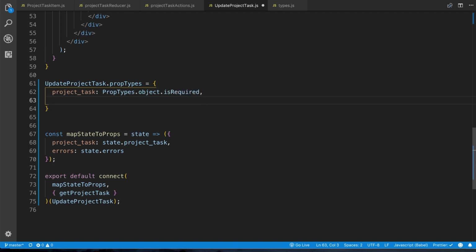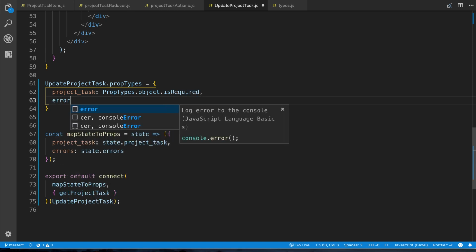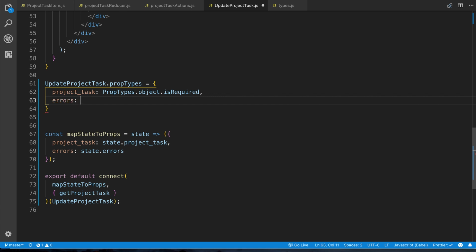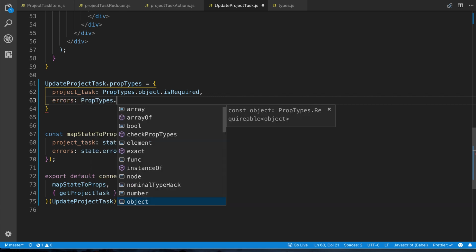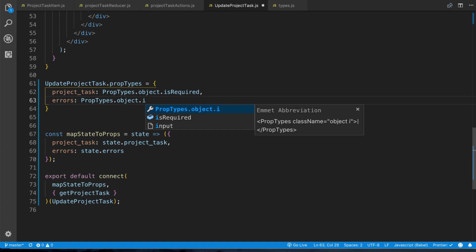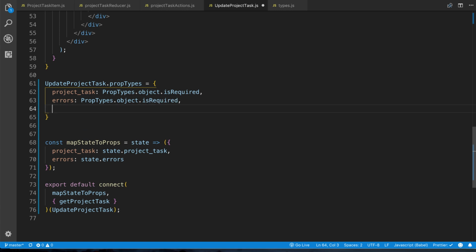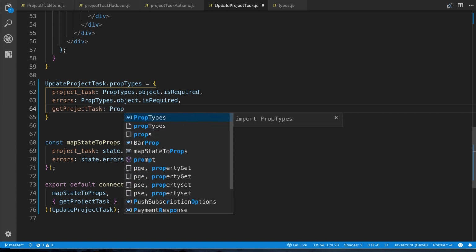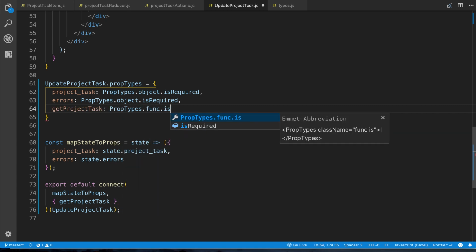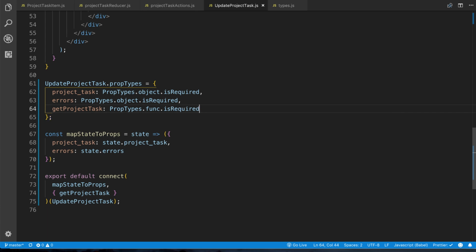All right, then we obviously need the errors object. It's an object as well, it's required. And then obviously we need the function that we just created. Okay, cool. So with this in place, the next thing that's going to happen is that when we load